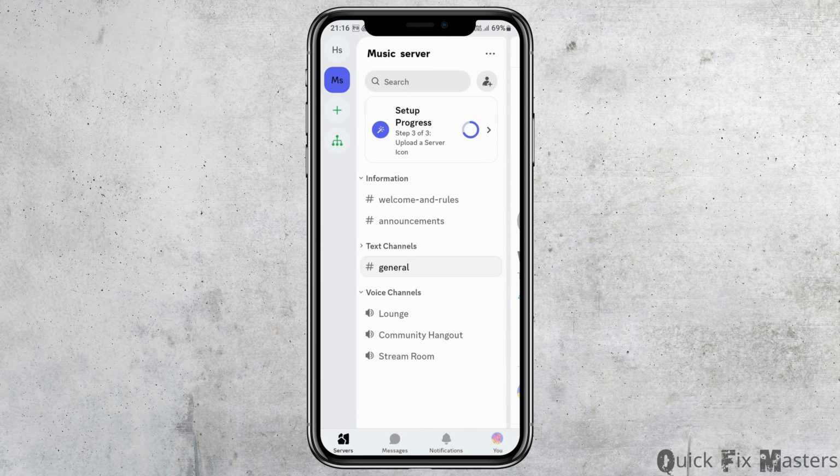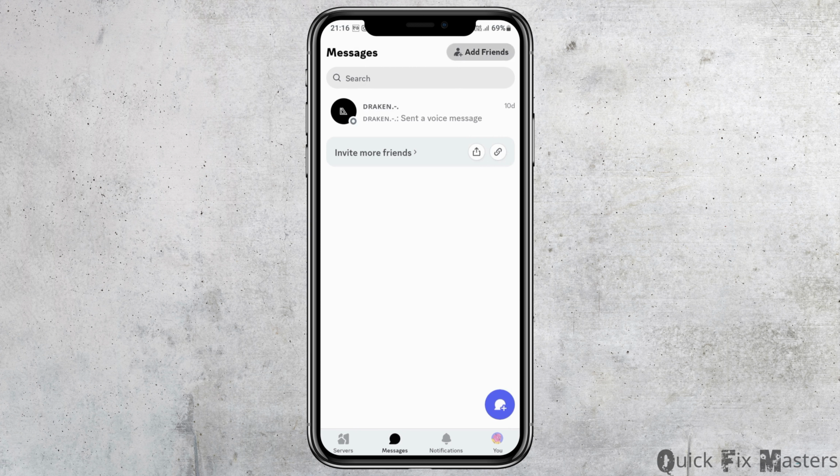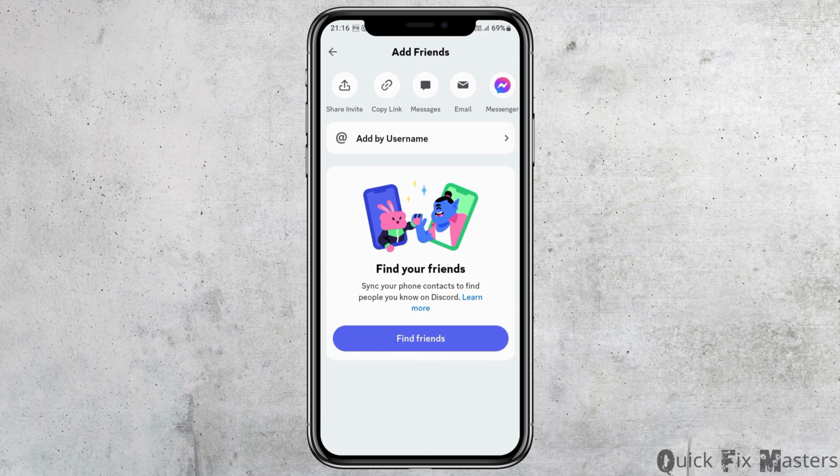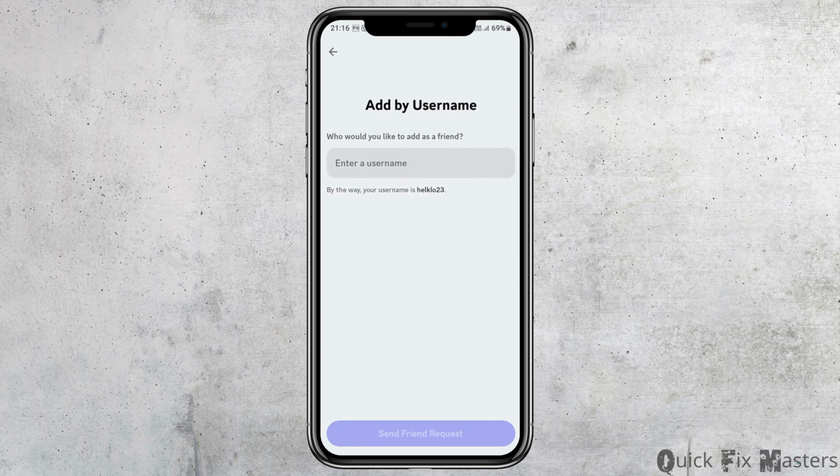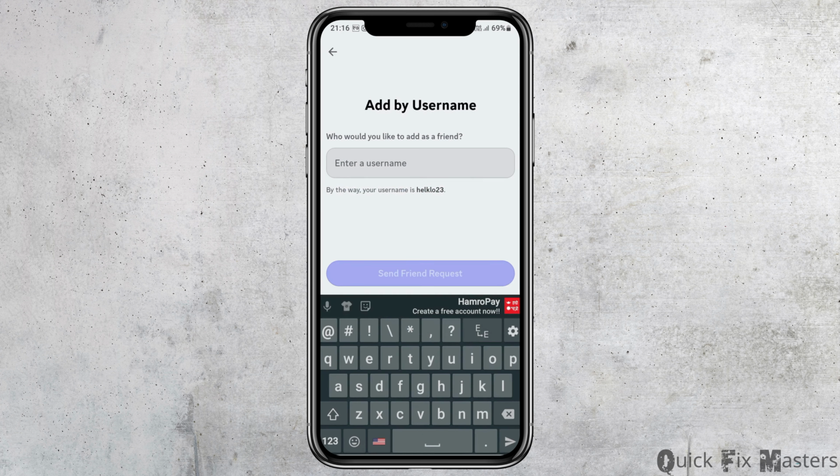Now in order to find any user ID there, you can go to the option of messages and then go to the option of add friends. After you tap on add friends, now you have two options. The first is you can directly add by username. You can just enter the username that you would like to search and then send the friend request, or otherwise